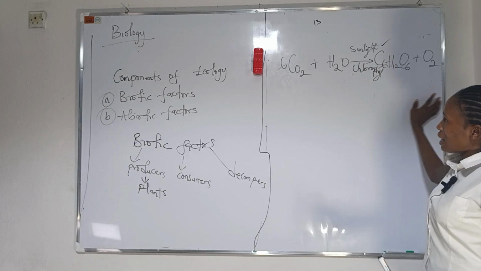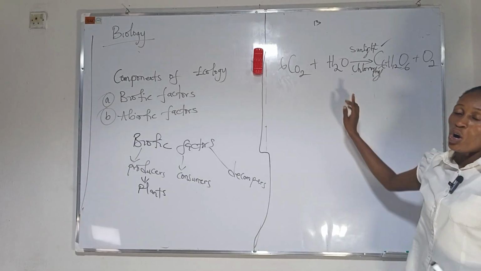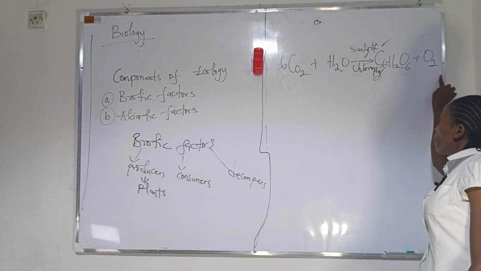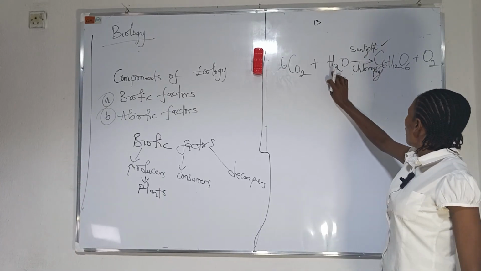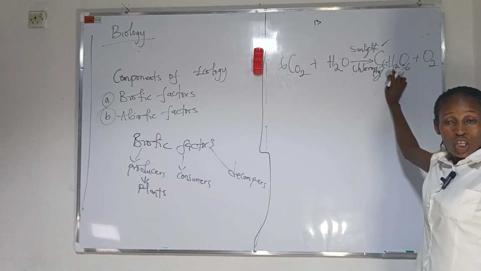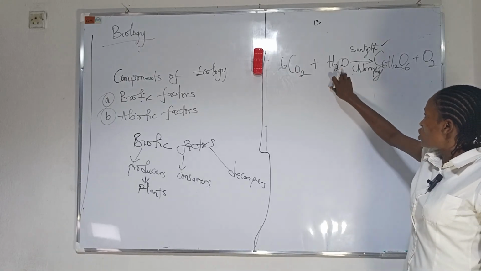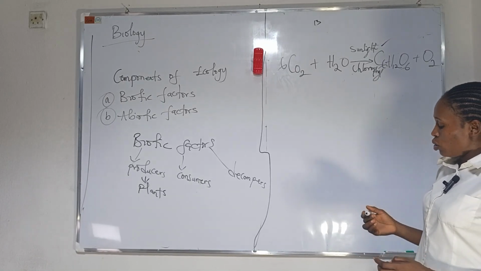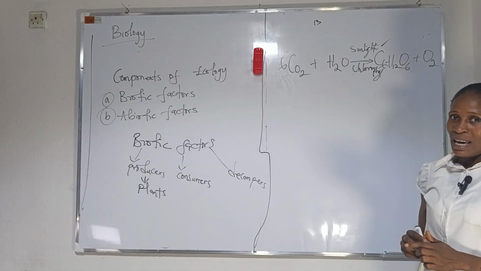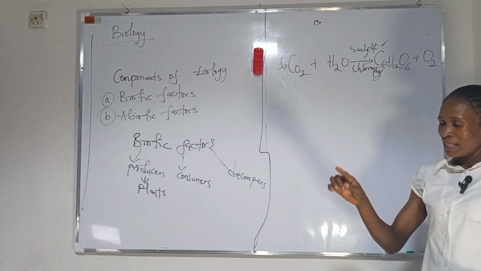Let's keep it by the side and come over to hydrogen, and know if balancing hydrogen will help us to balance this immediately. I come over here. Hydrogen is 12 here, and I'm having 2 here. So what am I going to do? I should know as a mathematician that if I do 6 times